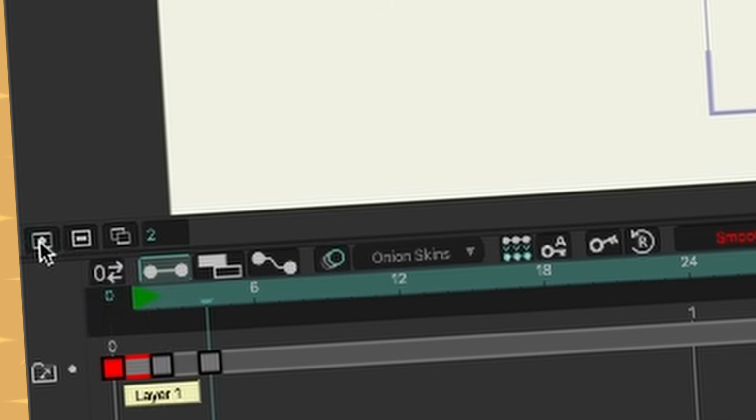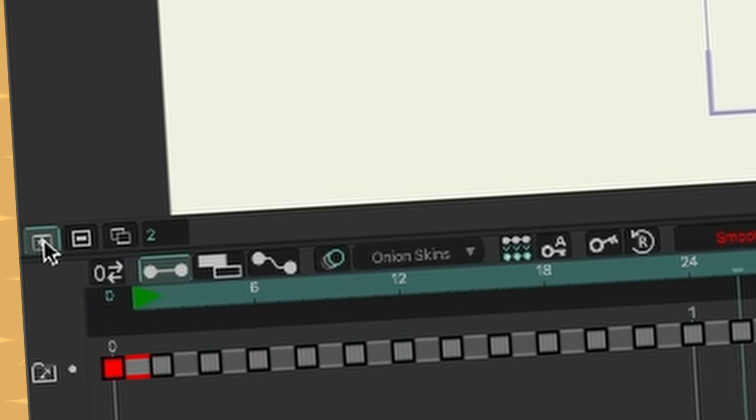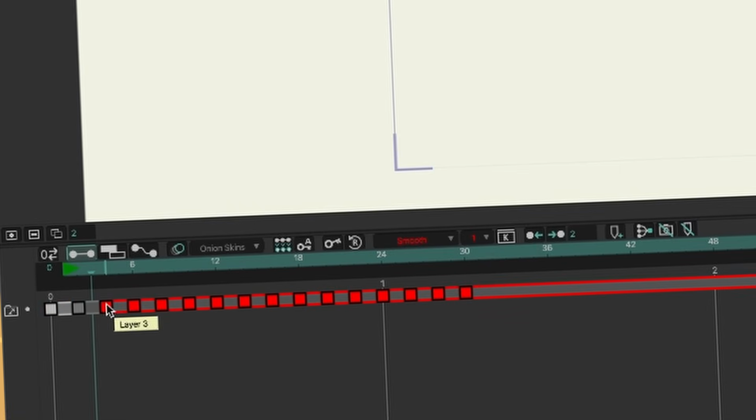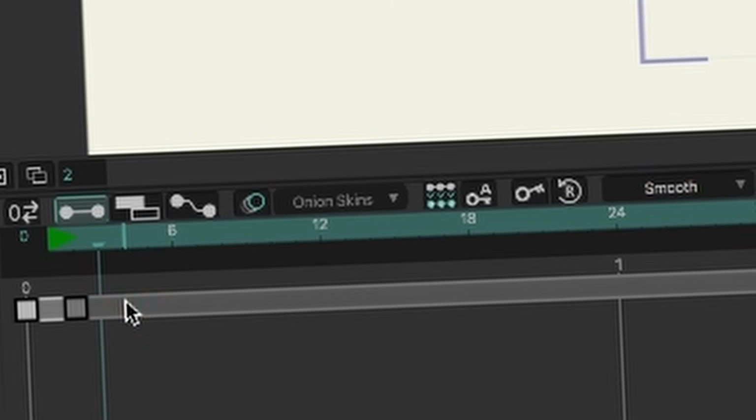And then if I click again, another one. So you can just click a bunch of times. If you know you want to animate on 2s or on 3s, you can just click a bunch of times and you're going to have a lot of drawings. If you want to delete stuff in your timeline, you can just click and drag, like on the line here, and you can select a bunch of drawings. And if you press delete on your keyboard, they disappear.